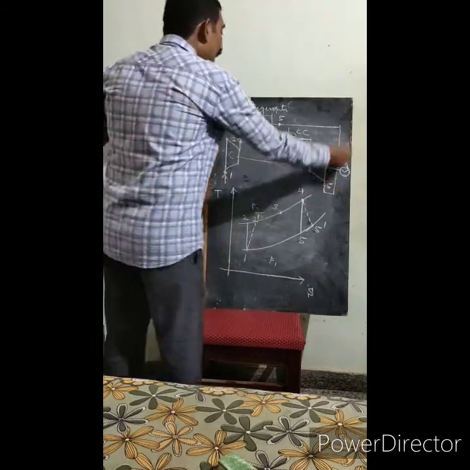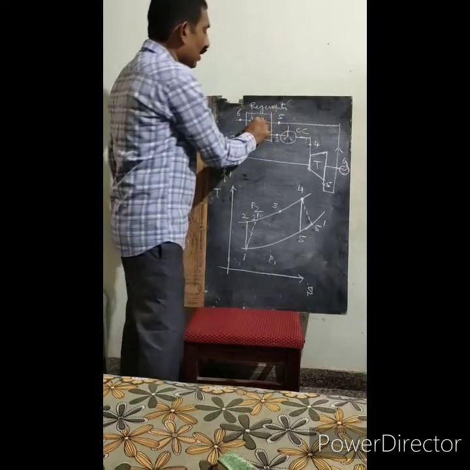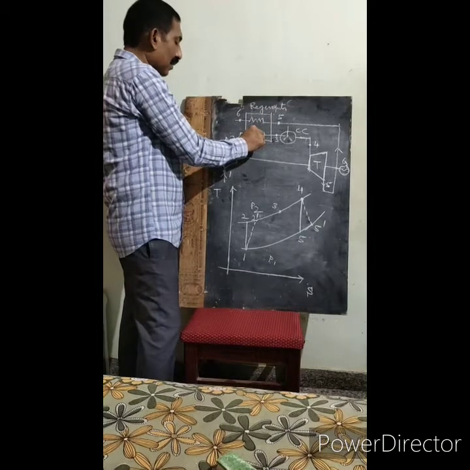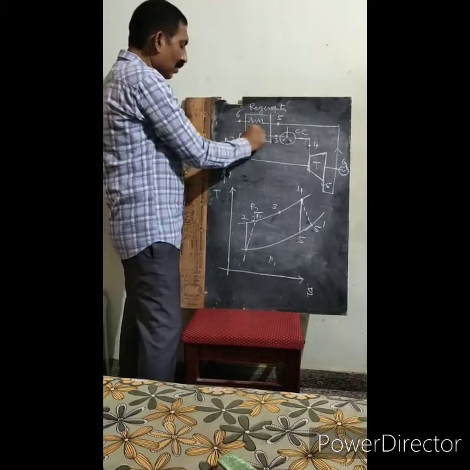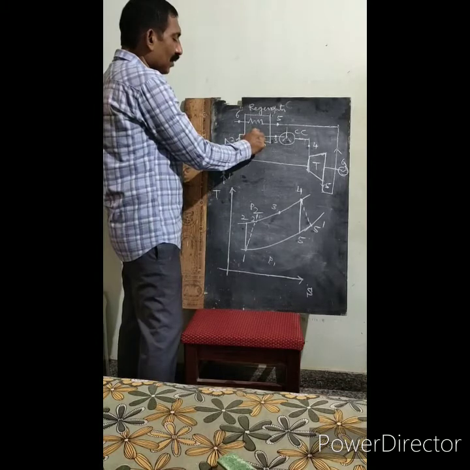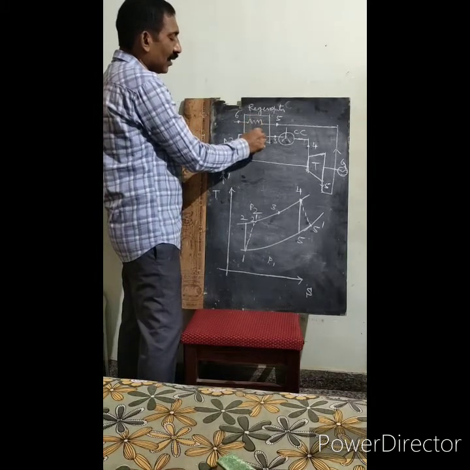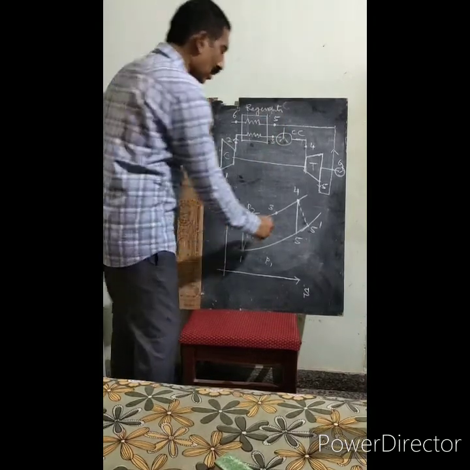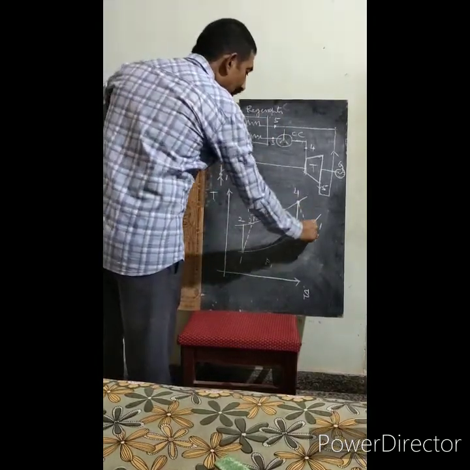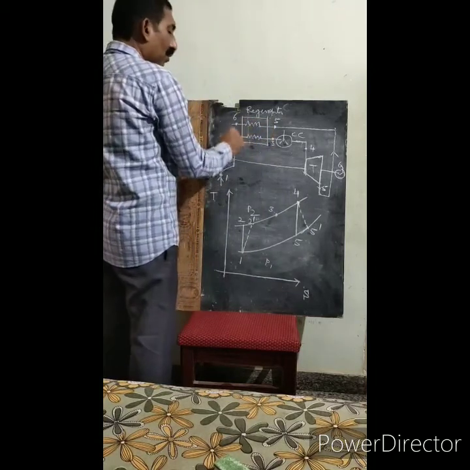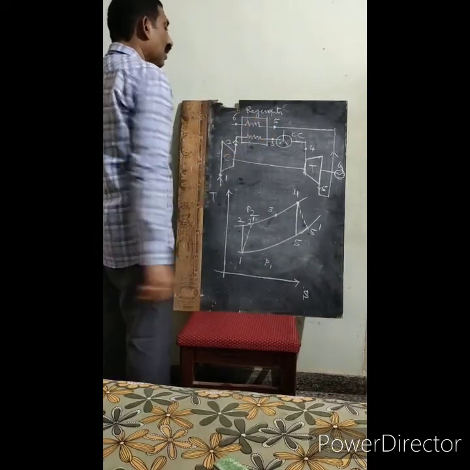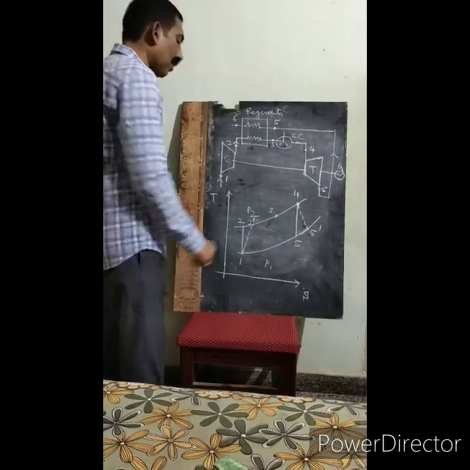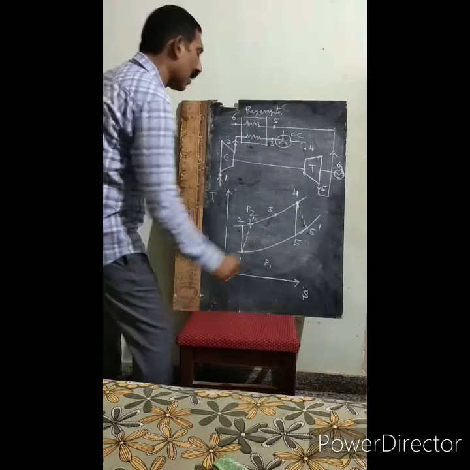So at 5, it enters the regenerator and it leaves its heat to the air which is coming out of the compressor, so that the compressor air absorbs the heat from the exhaust gases and its temperature will be increased before it enters the combustion chamber. So this is 3, 4, 5, 5 dash. After leaving the heat in the regenerator, the exhaust gases are left to the atmosphere. So this is the TS diagram.